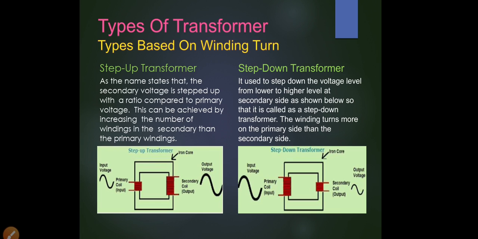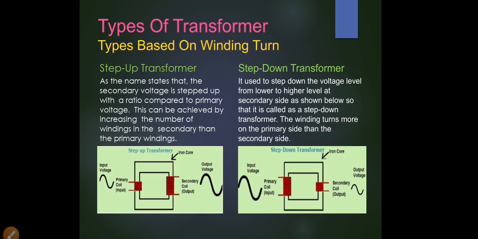So therefore it induces EMF in it. Due to the fluctuations of the flux, the magnetic field, the flux will be produced. Therefore it induces the secondary voltage. It is an iron core, as you already know. Here the secondary windings are more compared to the primary winding, and you will get the same sine wave as output, but increased. For example, 230 to 440 volts, or 230 to 310 volts, 330 volts, like that. That is a step up transformer.